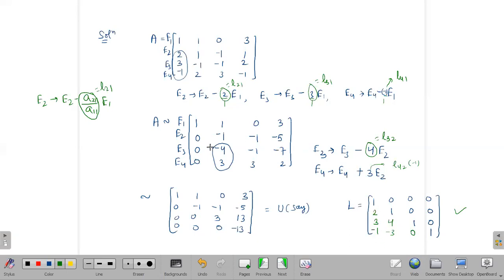And similarly, once these elements are 0, now you have to make these elements 0 in the second column entries. Up to this point it is 0, 1. So now you have to make these 2 elements 0. To make this element 0, we have used this operation, that is in E3. So take this ratio, that is 4 by 1, 4 by minus 1, minus 4 by minus 1 actually. Yeah? So it will become L32.